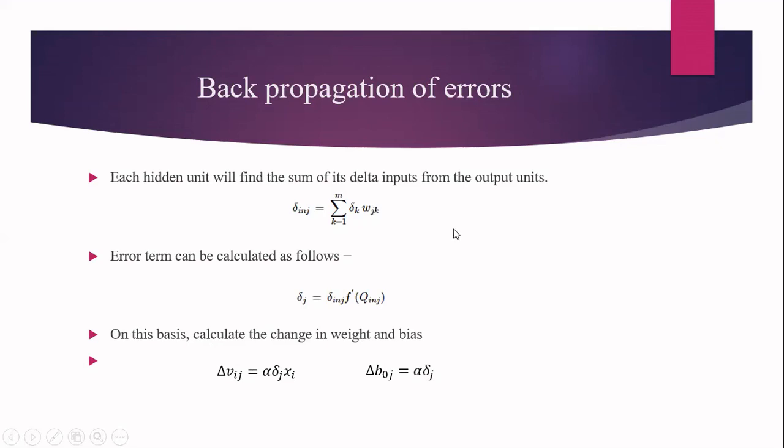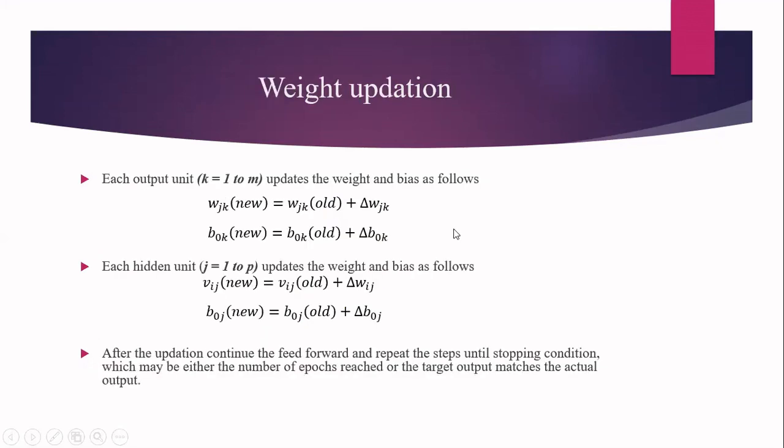Then what is the next step? Now we have done the back propagation. So once you do the back propagation, according to the final error, you have propagated to all the layers. So every layer has to update the weight. So here we have simply calculated what should be the change in the weight. We didn't finally update the weight. Now, according to the change you have calculated, you have to update the weight. So in that, weight updation will be taking place in the output unit as well as in the hidden unit.